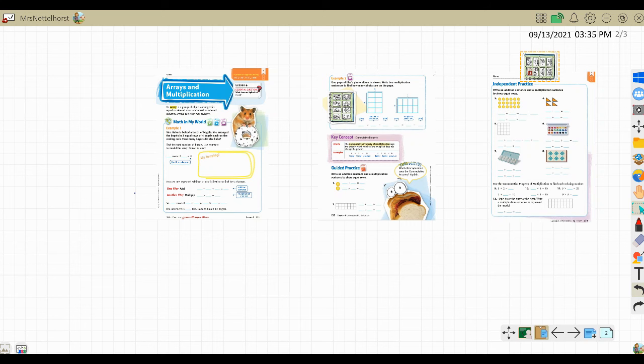Okay, today we're talking about arrays and multiplication. We're going to be doing pages 211 and 212 together, and you have this available to you in Class Dojo. And then you will do page 213 in your independent practice in Class Dojo. So looking at page 211,